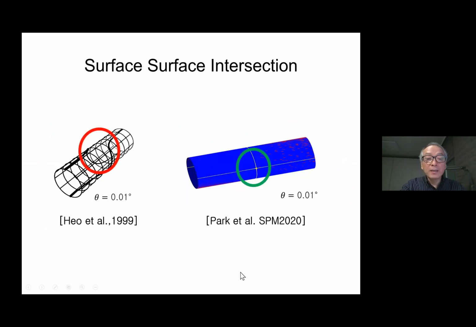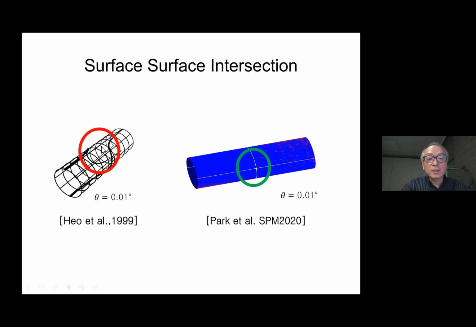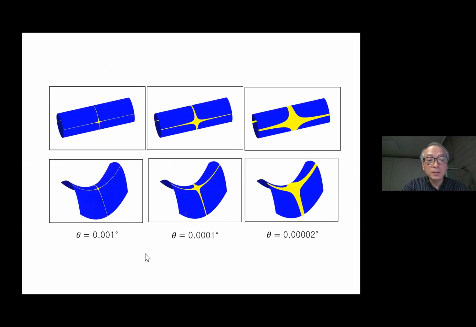But using toroidal patches in all these lymph nodes, we have improved this. Sorry about that. The X junction to there. We use exactly the same data. The rotation axis was just changed to a different direction, and we changed the angle to smaller and smaller. Because of many oscillating toroidal patches here and there, we could actually measure the distance from one surface point to the other surface